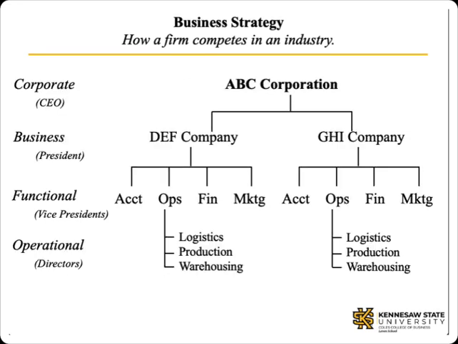Graphically, the four types of strategies cascade with one another to form an organizational pyramid. At the top, corporate strategy, or deciding which industries to join, is the domain of CEOs. Presidents run businesses, vice presidents manage functional areas, and directors or managers run operations within those functions. The expectation is that the levels above give guidance, resource, and support to the subsumed levels, and the subsumed levels contribute to the performance of the whole.